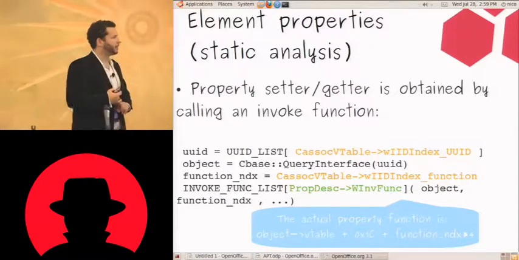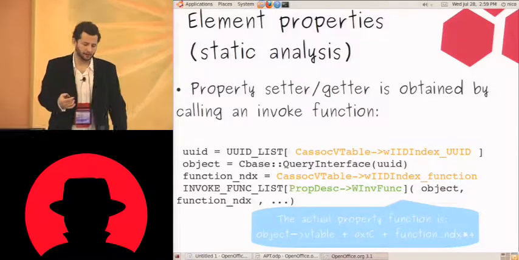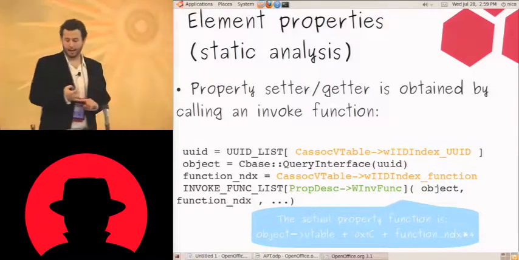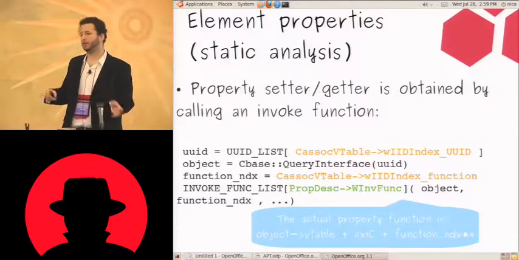And then we have a function index, which was in the WIMP function index. And then, first of all, it actually calls an invoke function, which is the one that